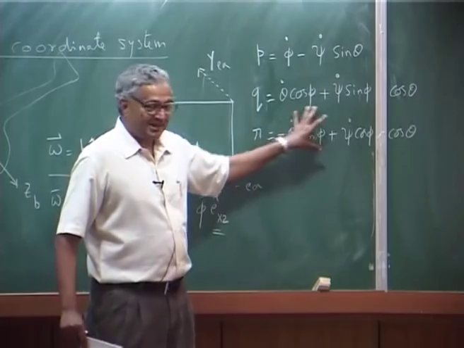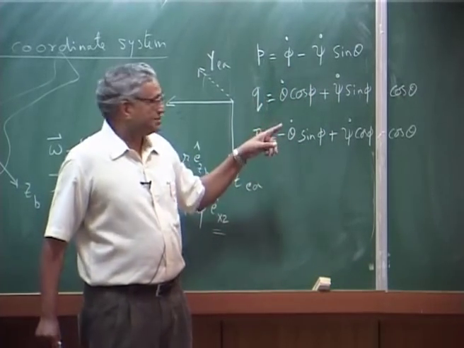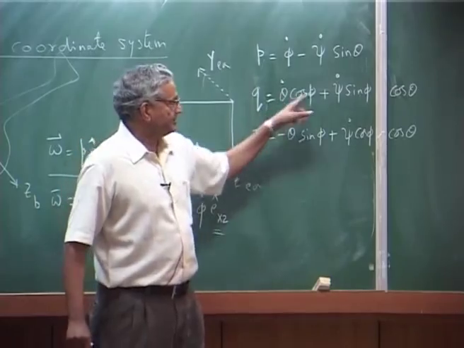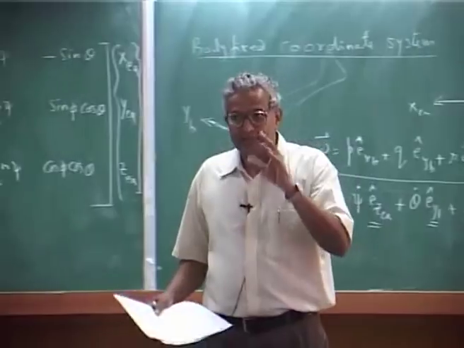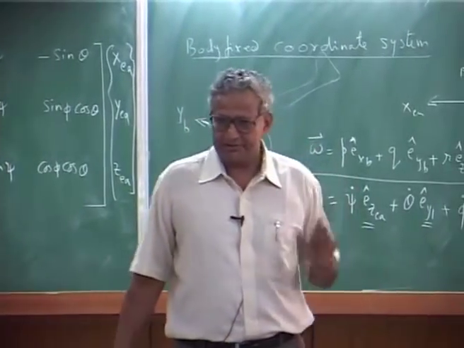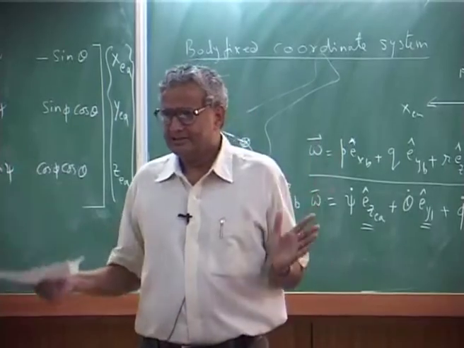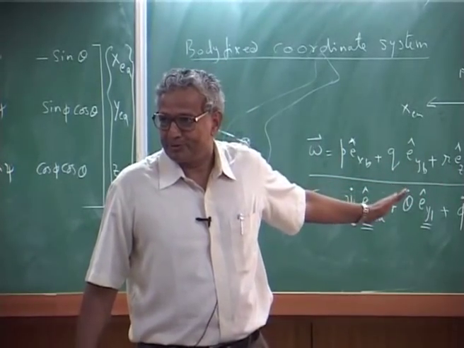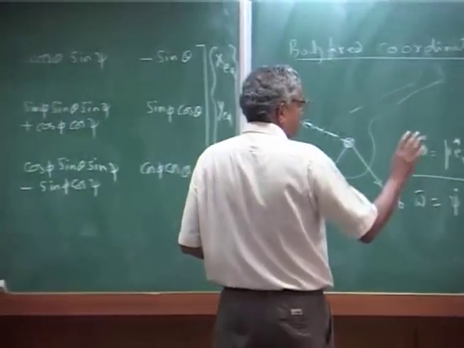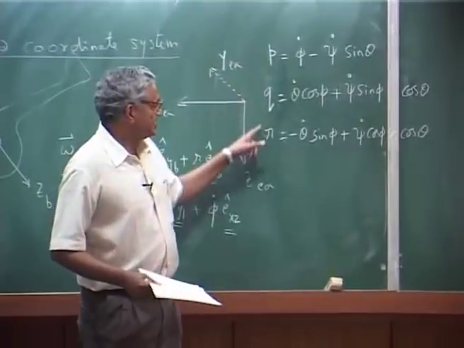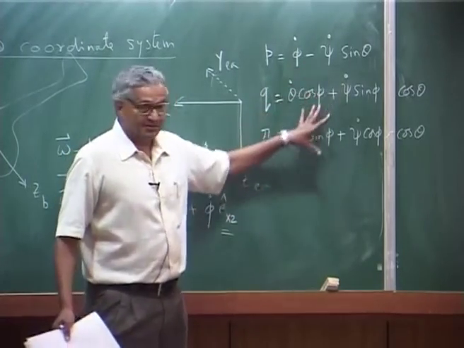Okay, this is a nonlinear relationship, because theta dot is there, then there is also theta. So, this is what navigation, even satellite communication, everything uses. Okay. So, now you have a relationship between instantaneous angular velocity and orientation of the vehicle,